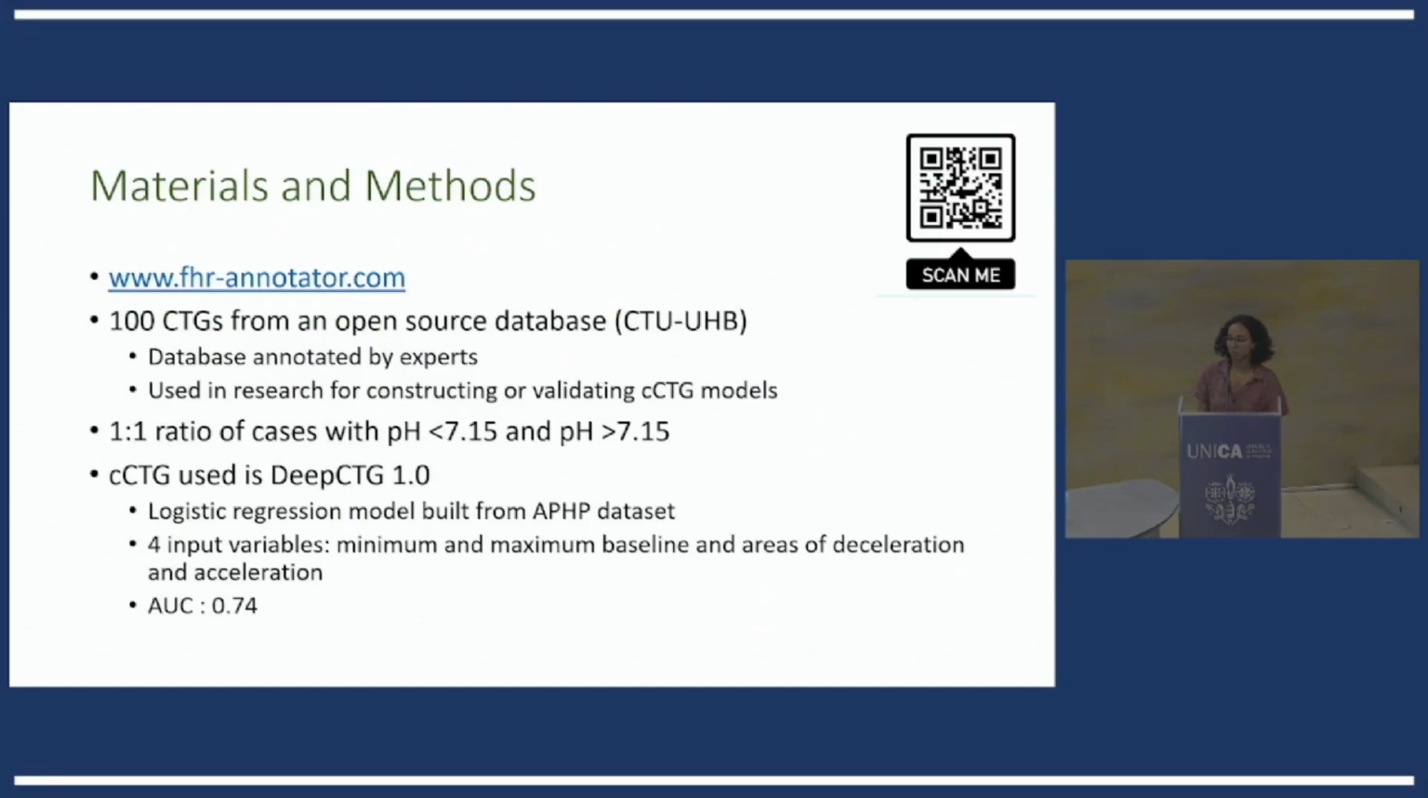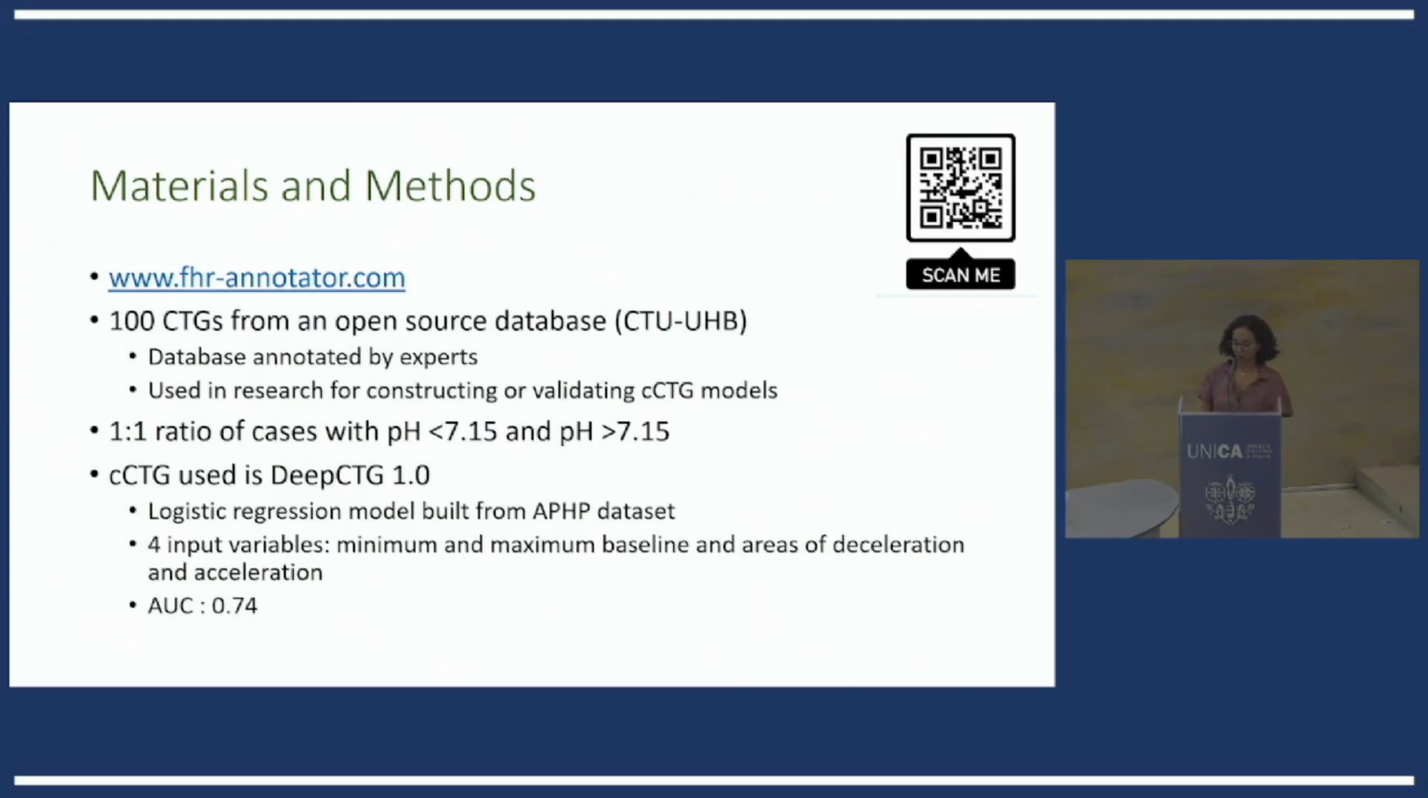So we built a tool, we call it FHR Annotator. It's a website tool. And we downloaded into this tool 100 CTGs, and they all come from CTU-UHB, which is an open source database. This database is useful because it's already annotated by experts, the CTU-UHB experts, and many people use it in CTG research. And we put in this website 50 files with hypoxia and 50 normal files,